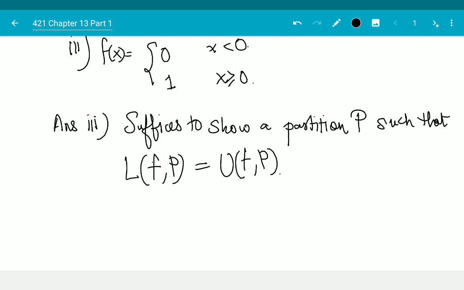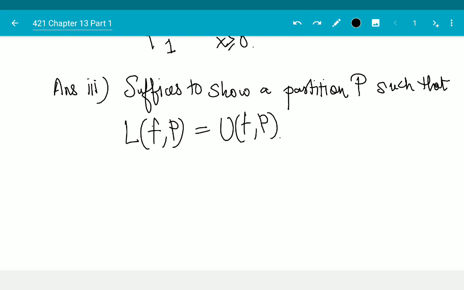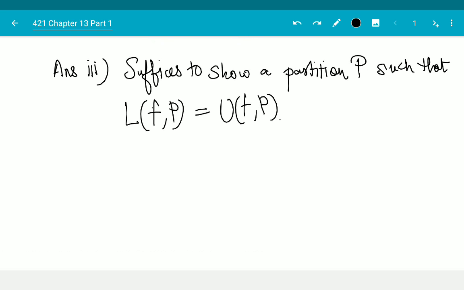Because if these two are equal, then the supremum of the lower sums will be equal to the infimum of the upper sums, because the infimum will have to be this particular number and the supremum of lower sums will have to be this particular number, right? So